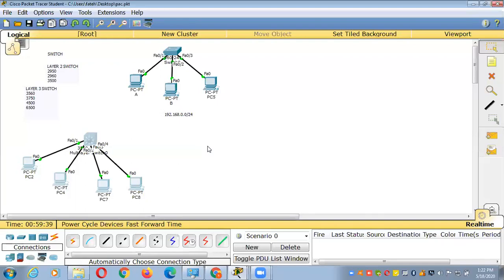See brother, I have already explained that I'm not teaching CCNA switch here. But try to understand. I'm just explaining the difference between layer 2 and layer 3 switch. If you ask me in detail, that will come in the switch classes. So whatever question you have, don't bother about it.